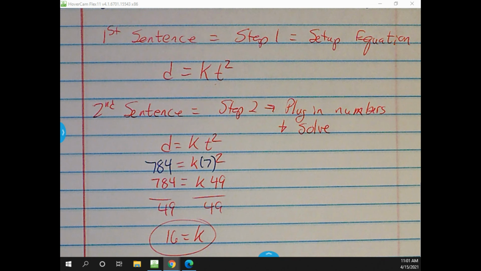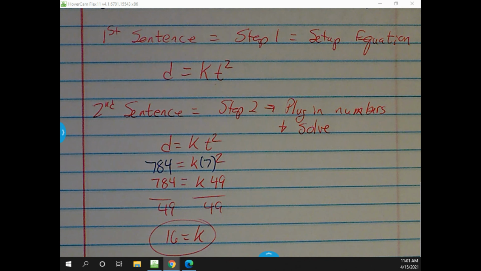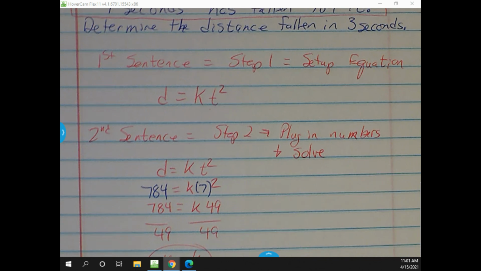Okay, but we've still got one more sentence. So that's the first two sentences gone. The first sentence is setting up the equation. The second sentence, you plug in the numbers they give you, and you solve for the variable left over. Again, K is just any constant you're going to use for whatever it's going to be. Well, we've got one more sentence. So then the third step,